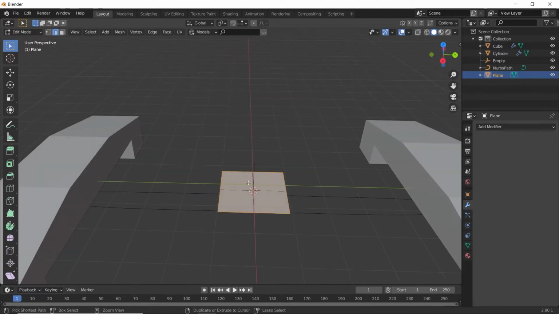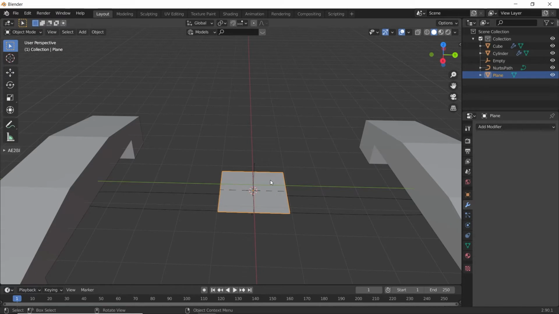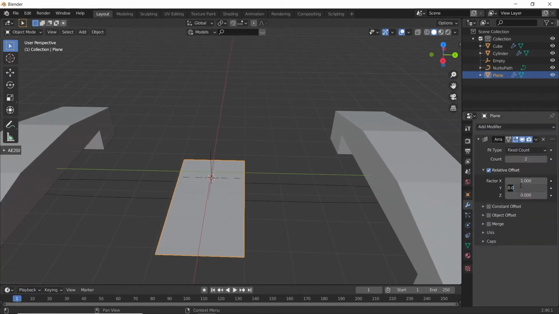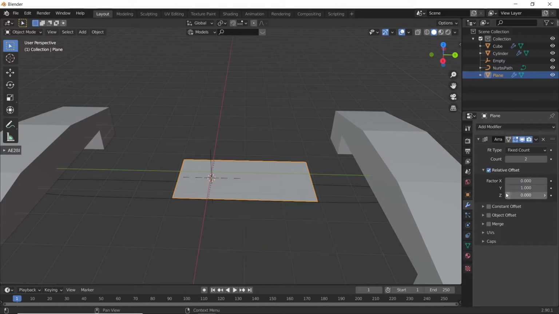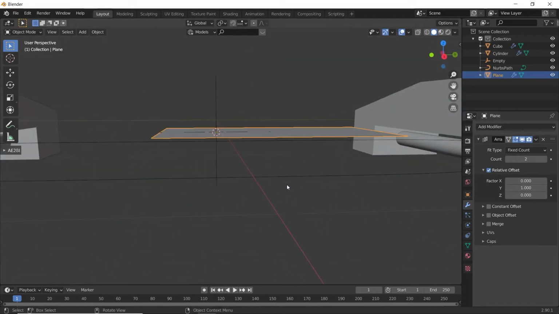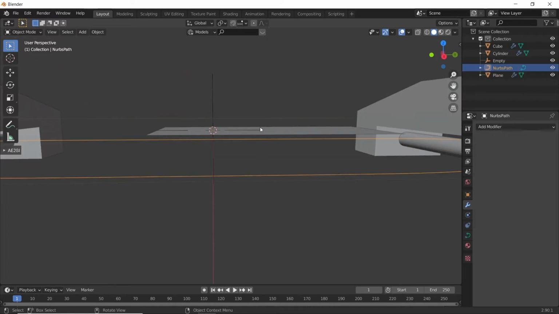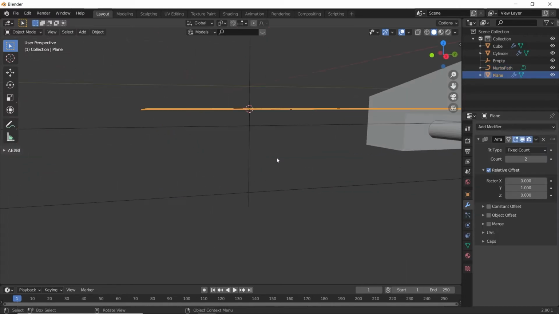And add some edge loops. Add array modifier. Give the y value to 1 and x value to 0. Make sure both this curve and this plane have origin at one point.